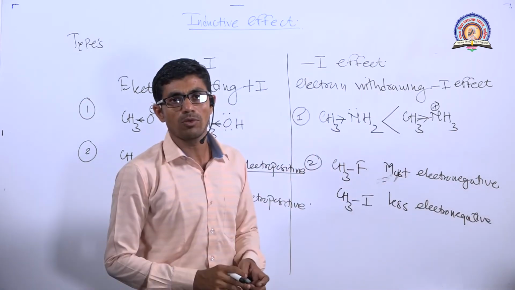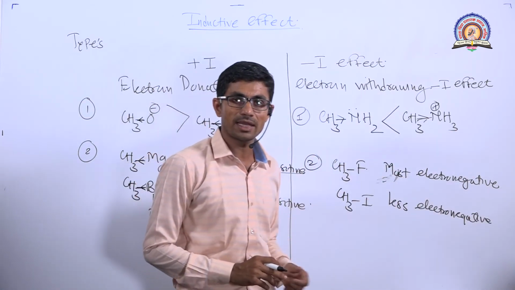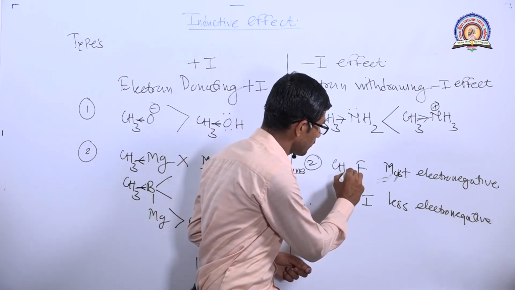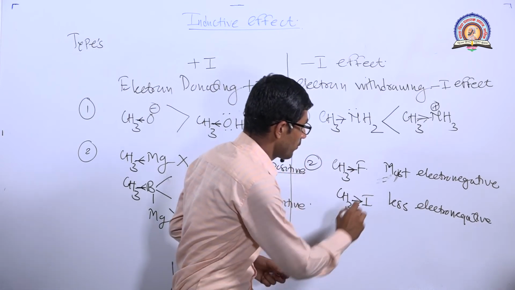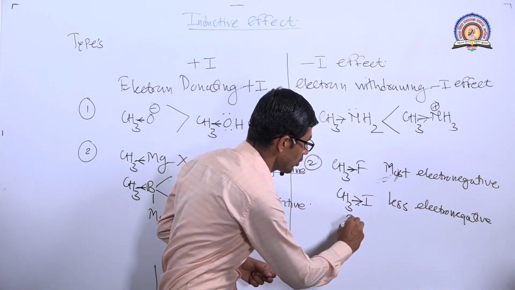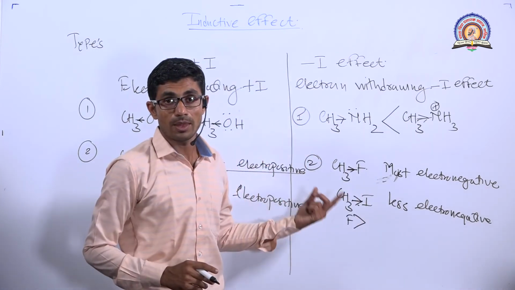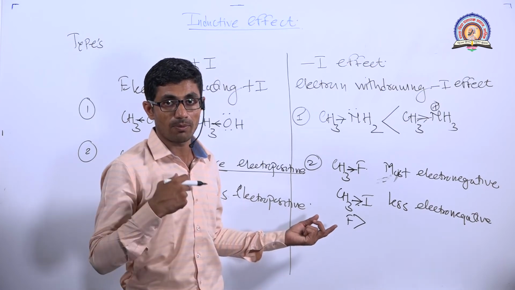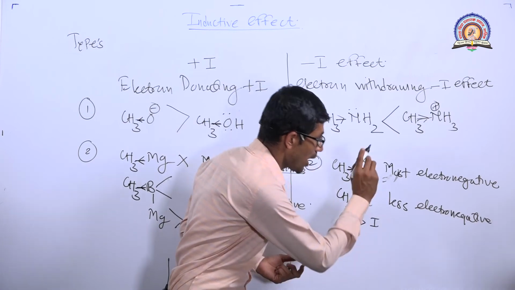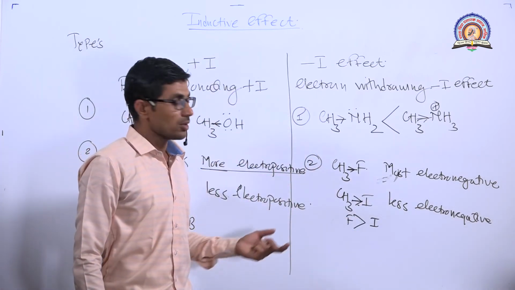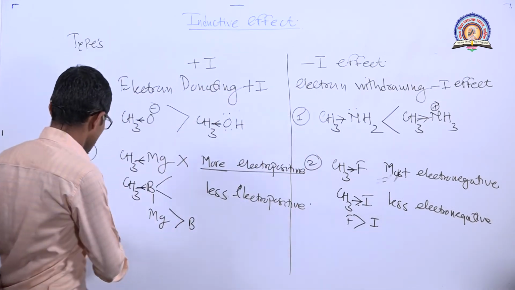So which shows more minus I effect? Obviously we can say this atom, fluorine, shows more minus I effect. Fluorine has a larger minus I effect as compared to iodine. Okay. So next is the